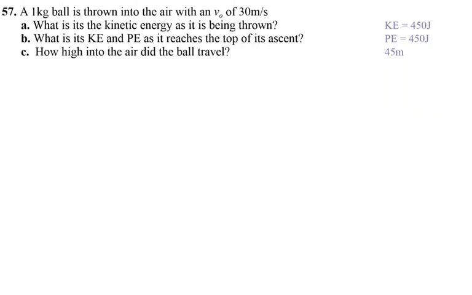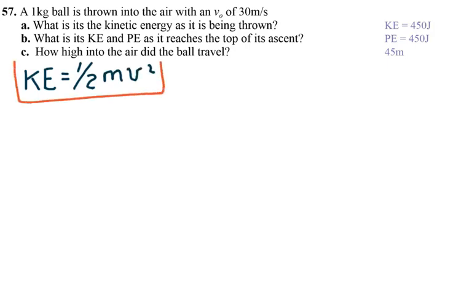Here's another interesting example, number 57. A 1 kilogram ball is thrown into the air with initial velocity of 30 meters per second. What is the kinetic energy as it is being thrown? So the kinetic energy is equal to one half mass velocity squared. So that is my formula that I have to remember,